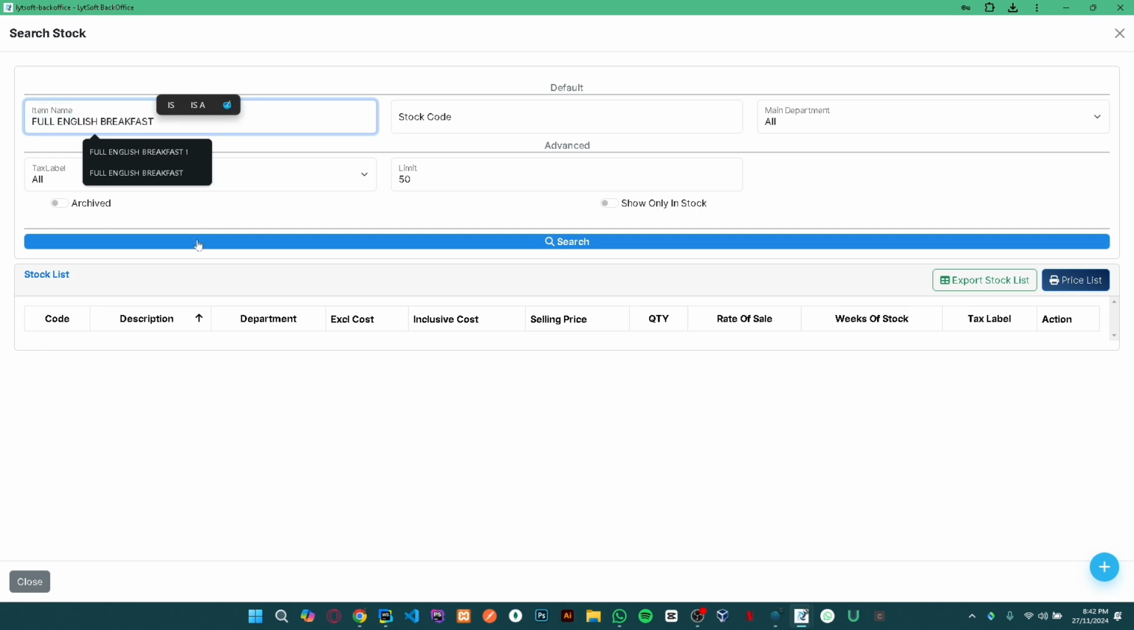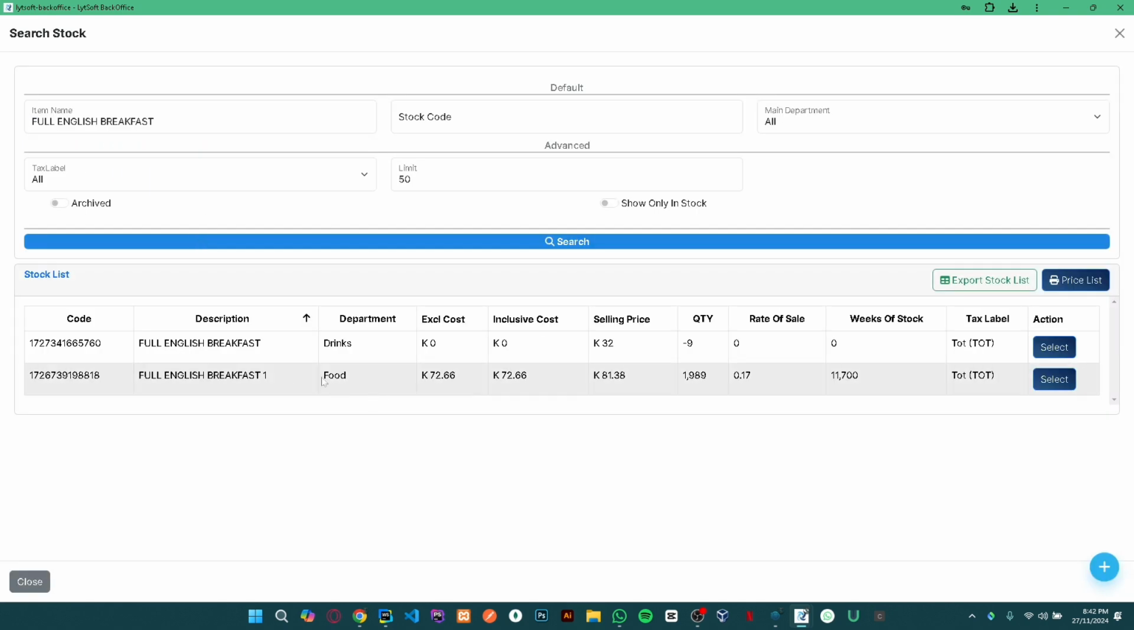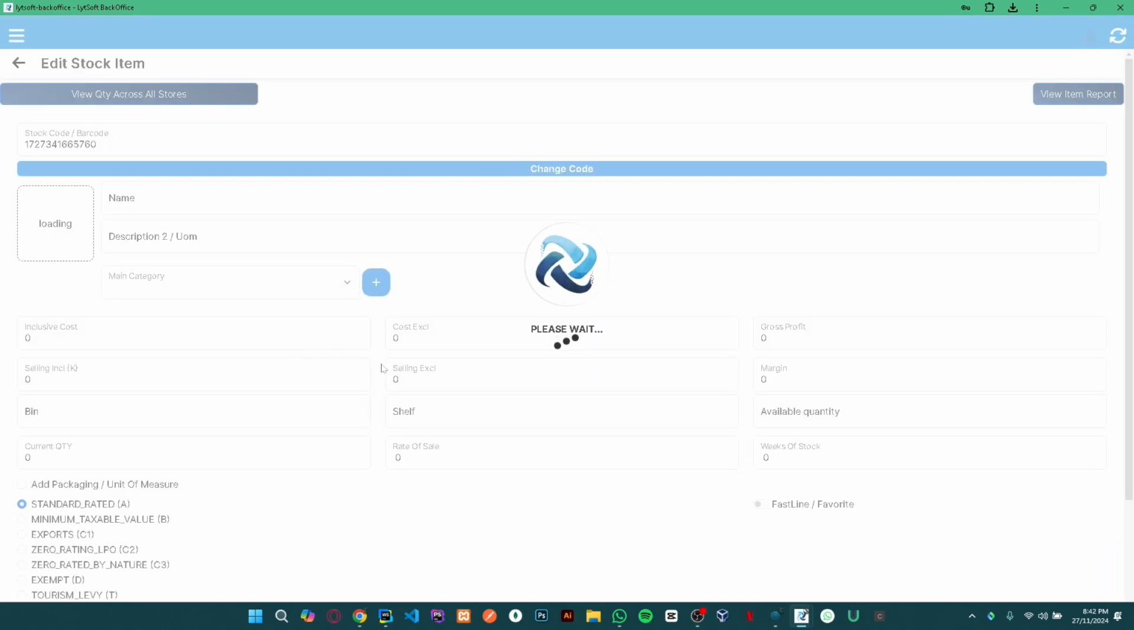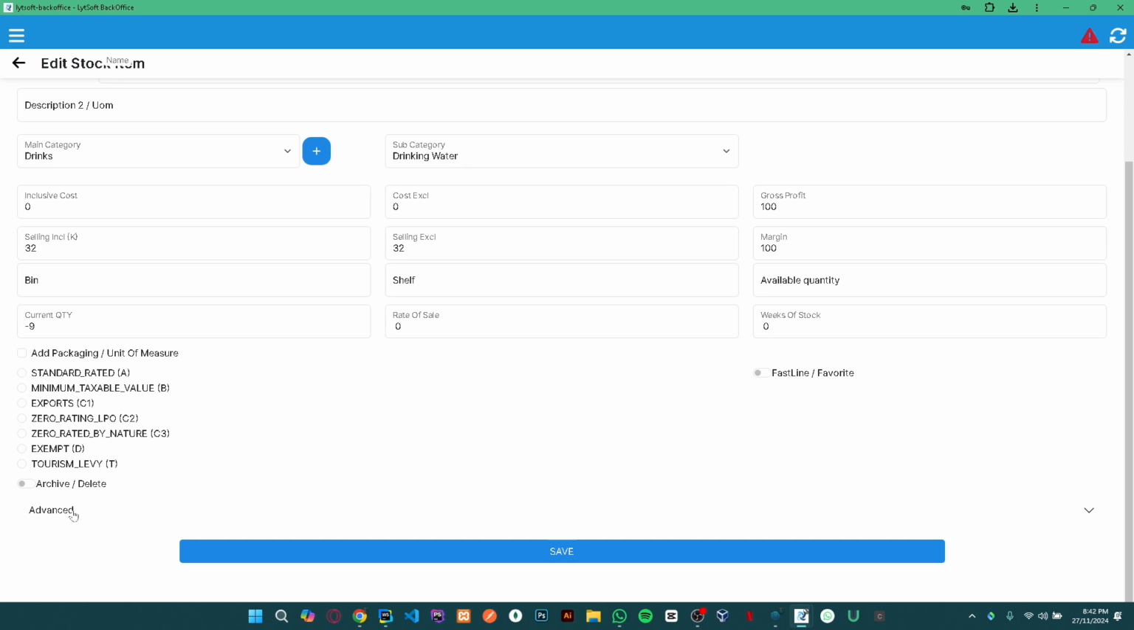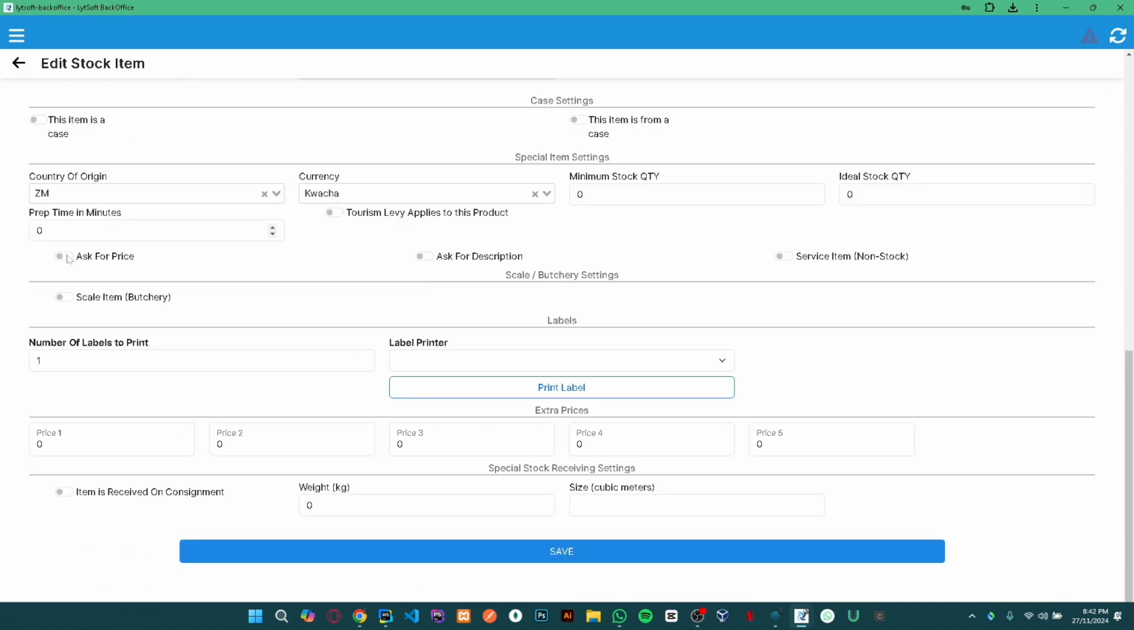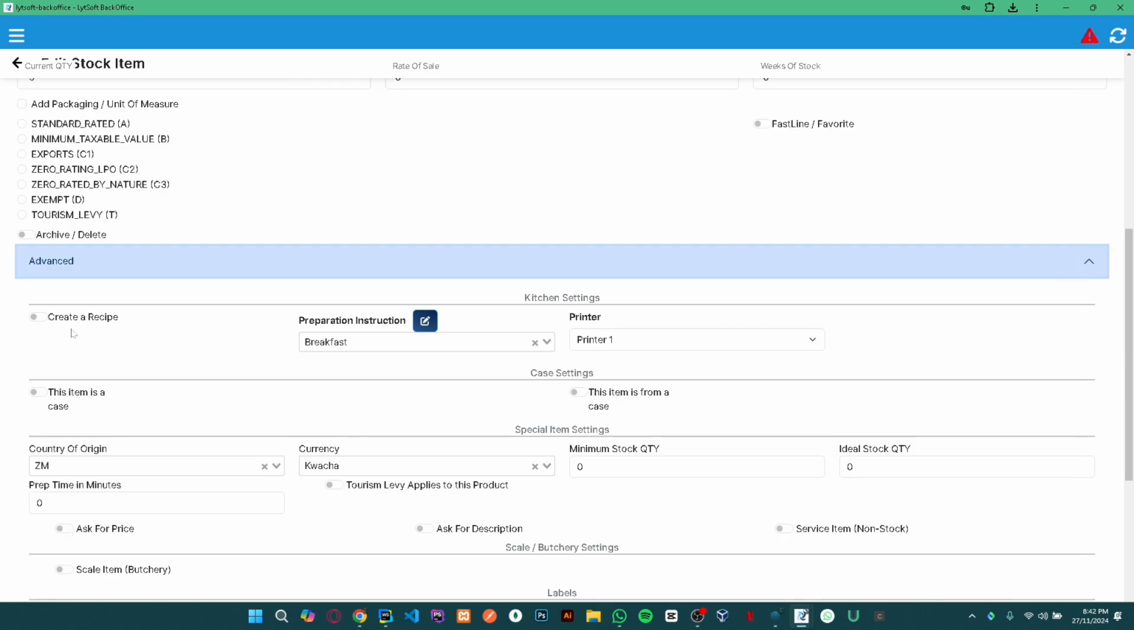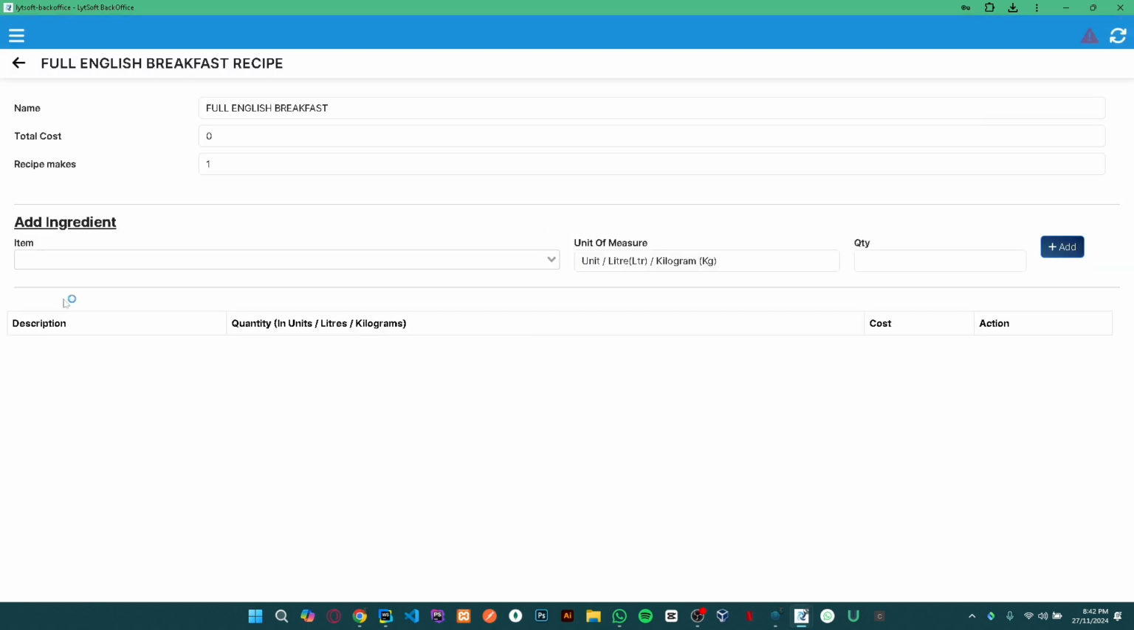then we can search for an item, for example, English breakfast. So I'll open the first one now. Here at the bottom where it says advanced, if you scroll down you'll see where it says recipe, so create recipe. You need to make sure you tick that, then it should give you this menu or this